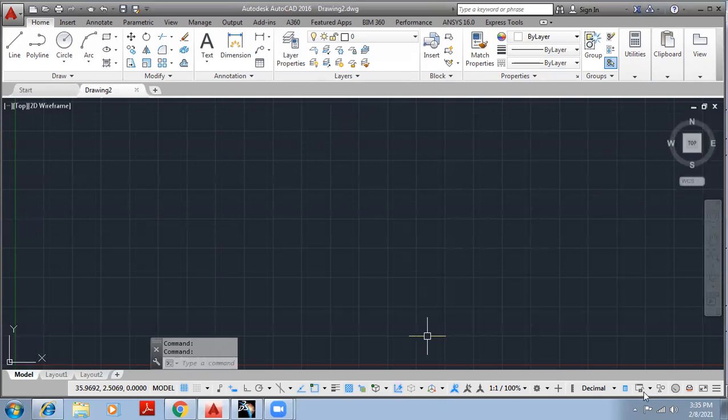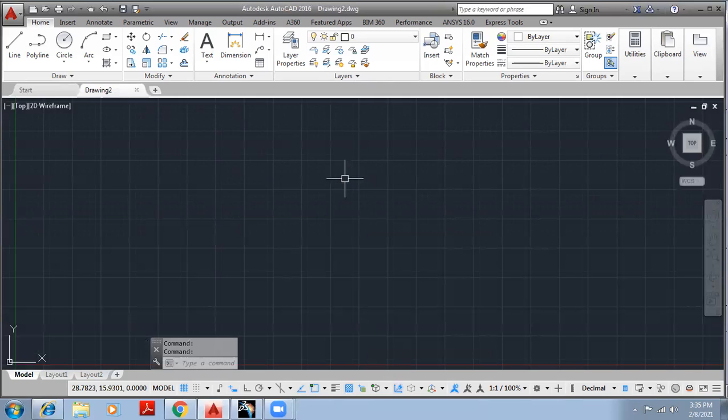Then the next one is the status bar at this bottom line. This is a status bar which shows the status, or which will guide us while drawing, while modifying, whatever things we are doing. It will increase our productivity by turning the grid lines on and off, by applying snap modes, by applying object snaps. We are going to discuss these later in detail. So just remember, this is a status bar on which different tools are there which will help us to increase our efficiency and productivity.